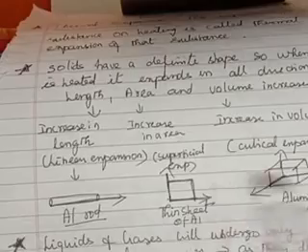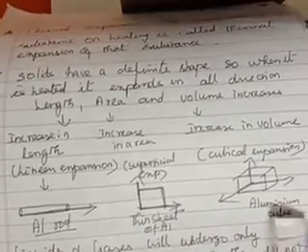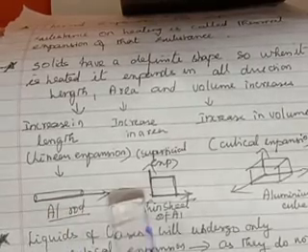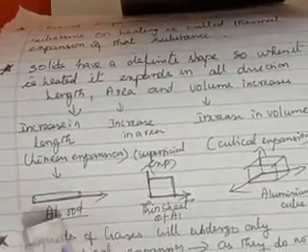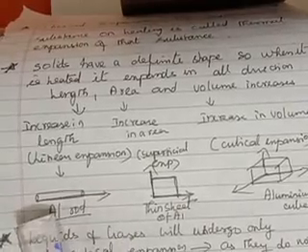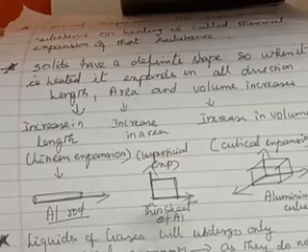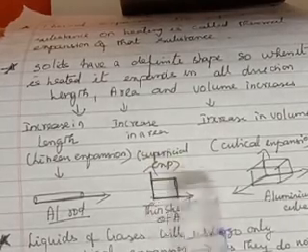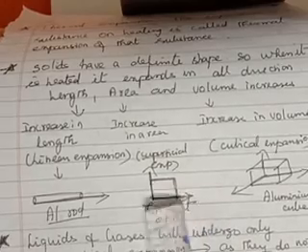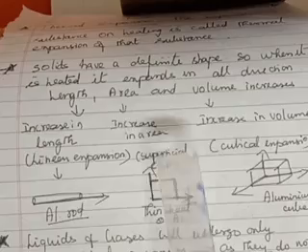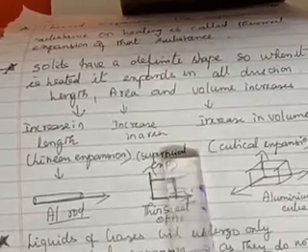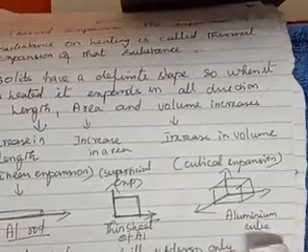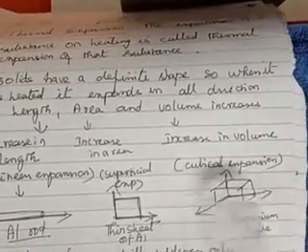Let us see the same examples I gave in the previous year also. When an aluminium rod is heated up, it expands, but the expansion is appreciable along its length. Therefore, this is an example of linear expansion. In a thin aluminium sheet, both its length and breadth increase. Therefore, there will be an increase in area, which is called superficial expansion. And consider an aluminium block: when you heat it up, it expands in all three directions.